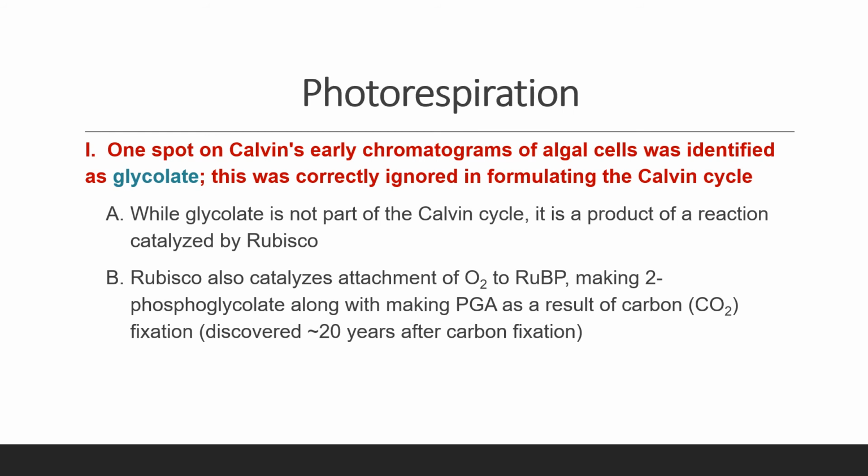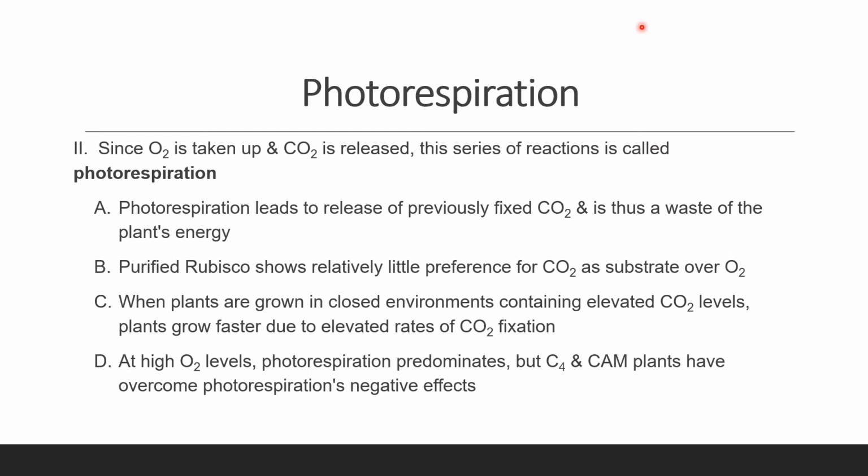Okay, so basically with this one, there is a higher chance of having carbon fixation. Because respiration involves the uptake of oxygen and the release of carbon dioxide, this series of reactions is what you call photorespiration. Because photorespiration leads to the release of previously fixed carbon dioxide molecules, it is a waste of the plant's energy. Photorespiration can account for the loss of up to 50% of newly fixed carbon dioxide by crop plants growing